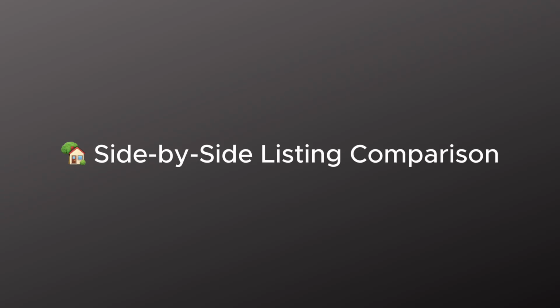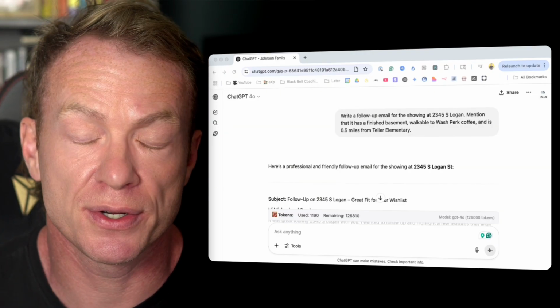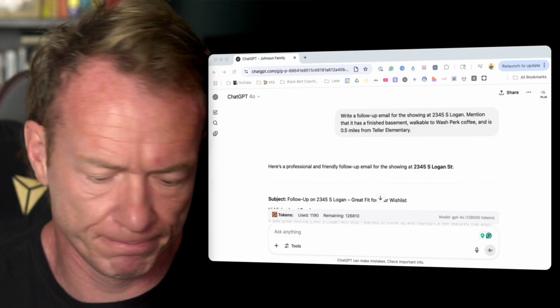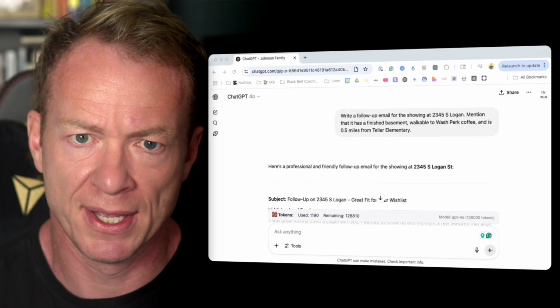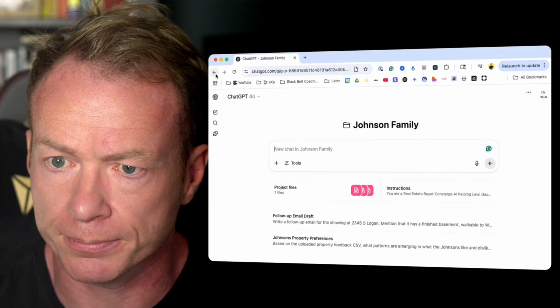And that brings us on to our next one, which is side-by-side listing comparisons. When you talk to buyers, a lot of the times they're like, well, what do you think about these two properties, right? After you've seen them the night before, maybe you're talking to them and they're like, well, what do you think? Now you can see, remember in the project here,